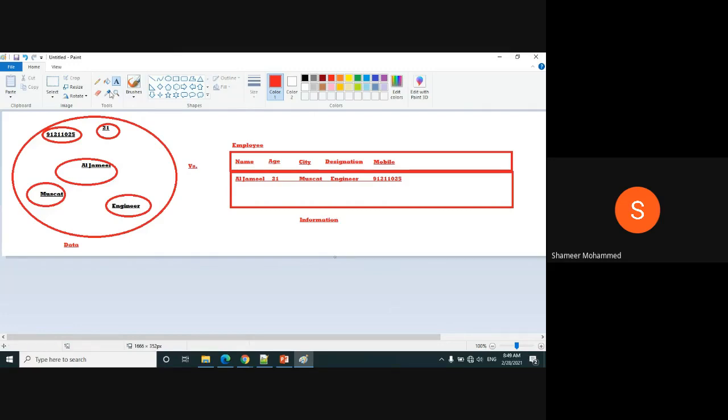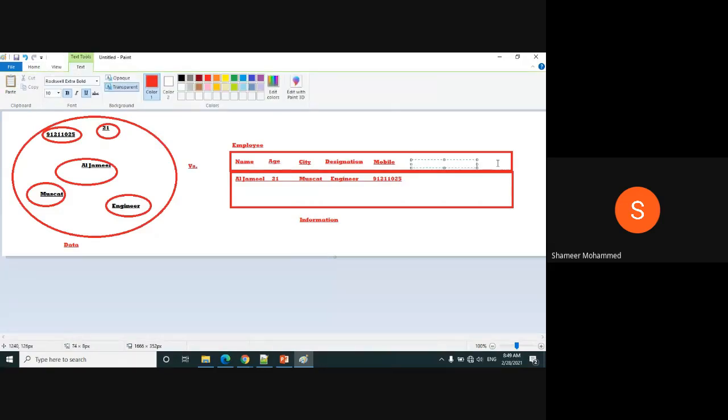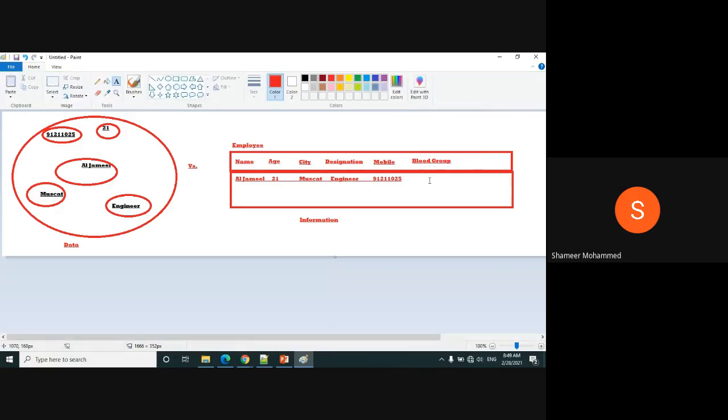Suppose, a simple example I will tell: what is your blood group? Suppose you are joining a company, like a government company. Tomorrow you are joining as a junior engineer. They will store your information in the database.